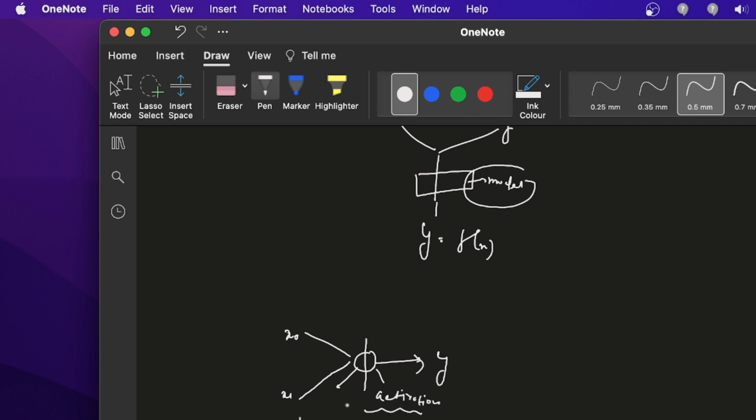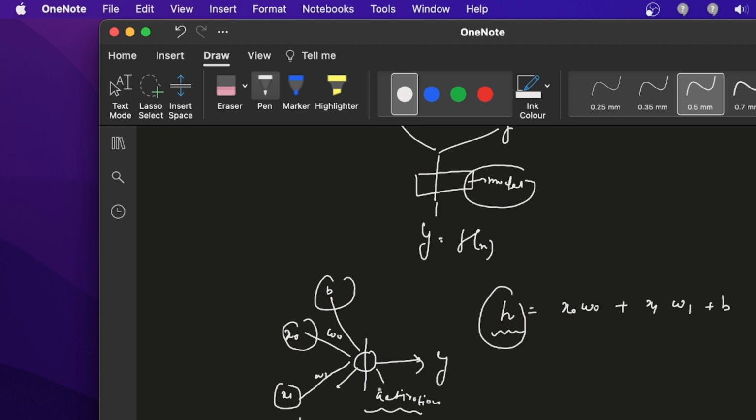Here the hypothesis is an equation between your input and a random value called the weight. So it looks like w times x. And also, because we are adding a single number called bias, we can add this. So this is your hypothesis. And activation is a function which will control the output.